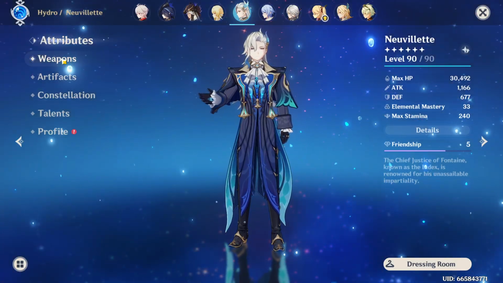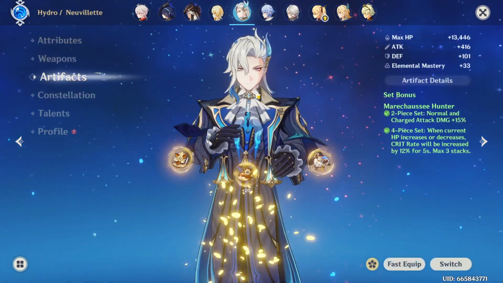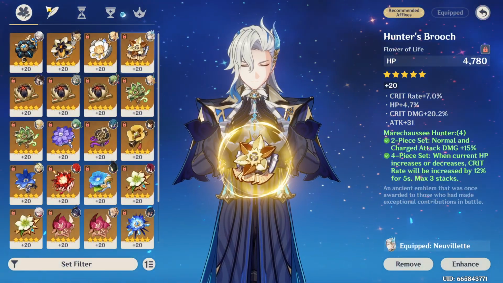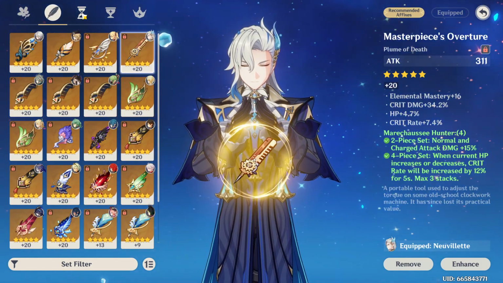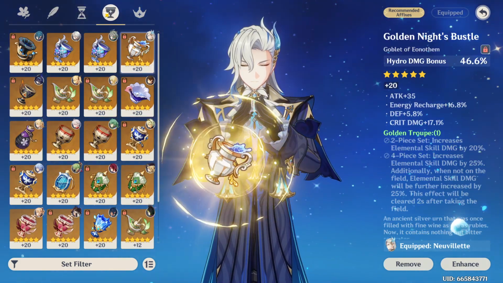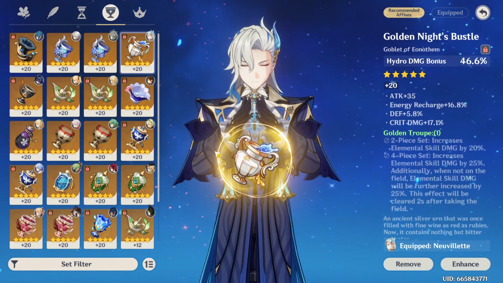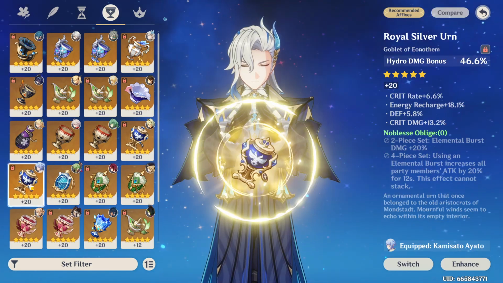He crits. He is on his signature weapon, and he is on Marechaussee Hunter. Of course he is. I pre-farmed his artifacts, and I was like, I will not stop until they are perfect where I want them. And I got exactly what I wanted. Although I really, I could totally just...